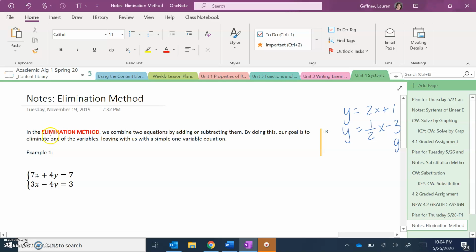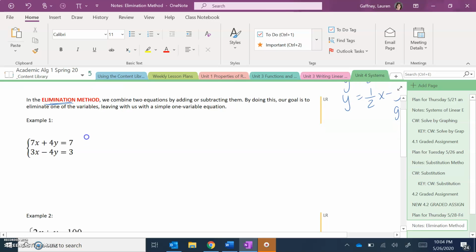So there's a method called elimination. And we're going to do exactly what it says. We're going to eliminate one of the variables. So we're going to combine two equations by adding or subtracting them. I generally add them. Some people subtract them. I find more people make mistakes more often than not. So by doing this, our goal is to eliminate one of the variables, leaving us with a simpler one variable